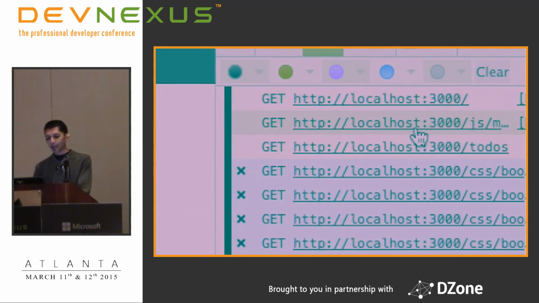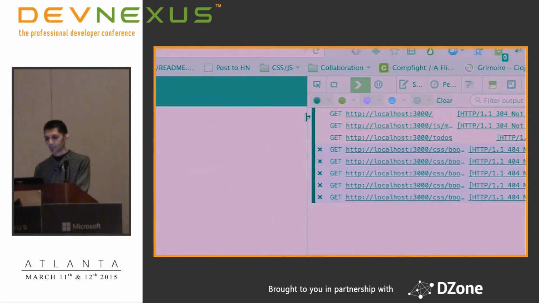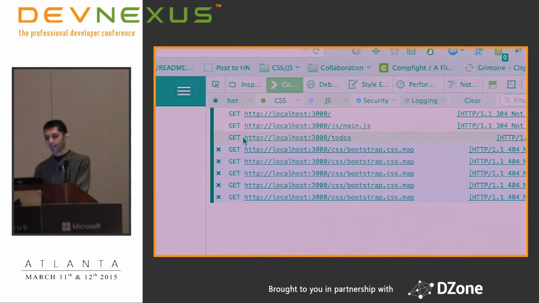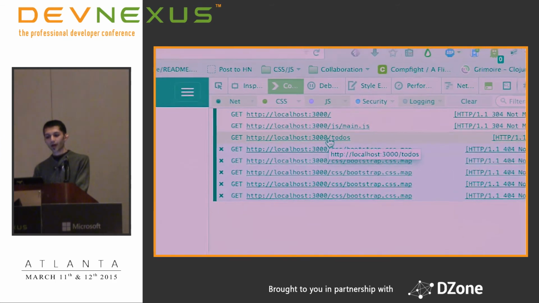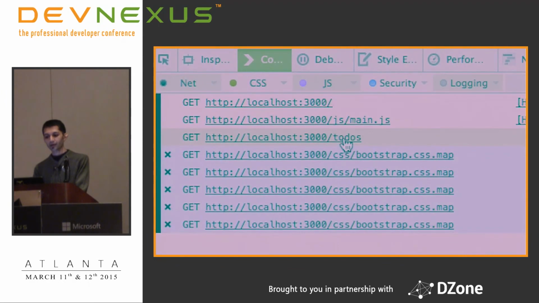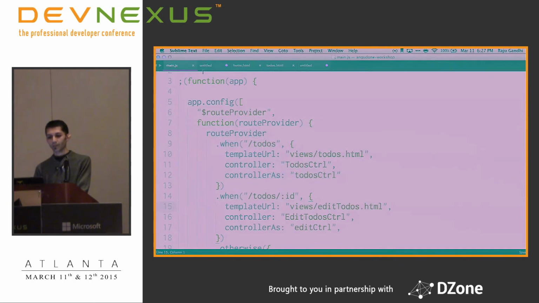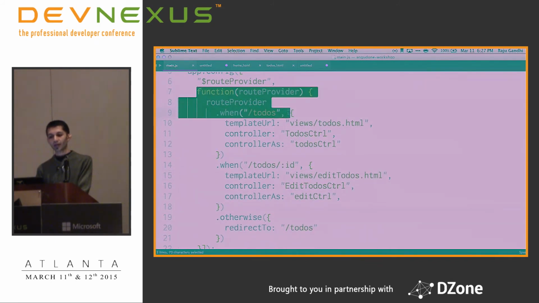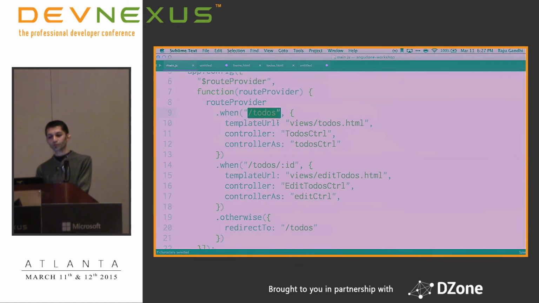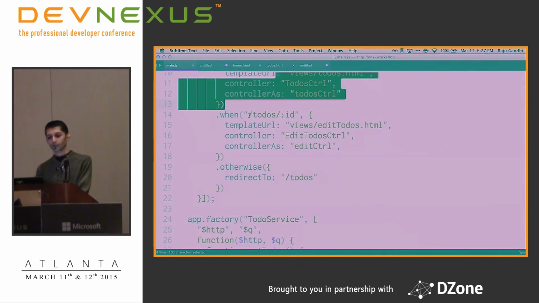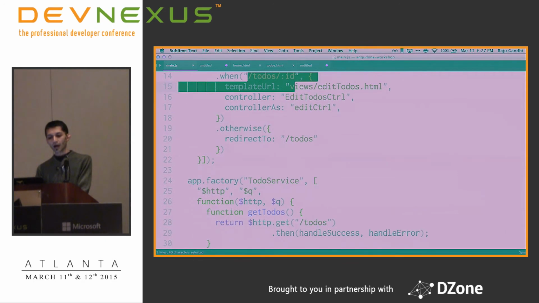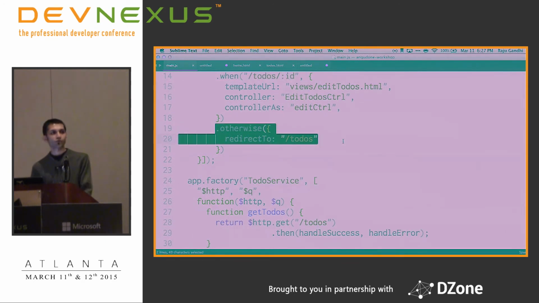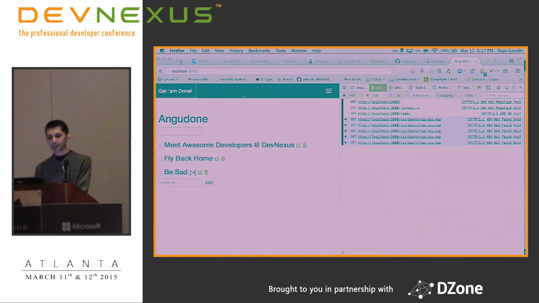Then Angular woke up and turned around and made another request to /todos, and I'll tell you why. Here is our main.js file now. Notice that route provider that we had. I say when /todos, do some work, when /todos/:id, do some work, otherwise redirect to /todos, which means that